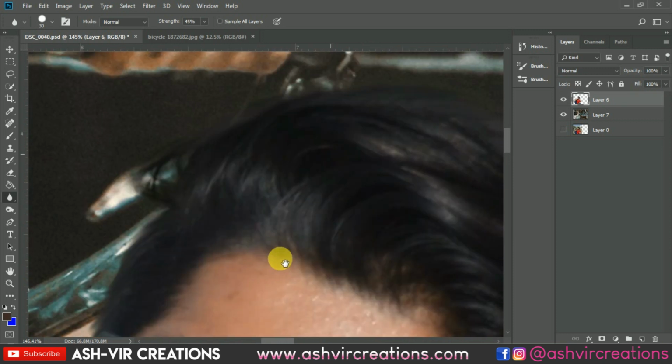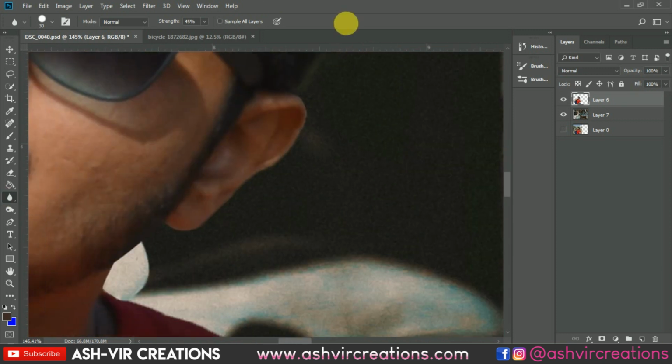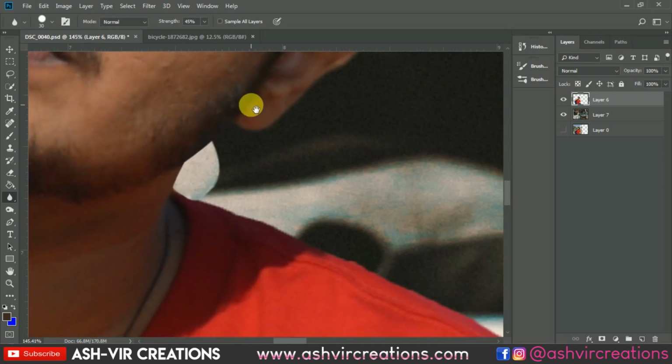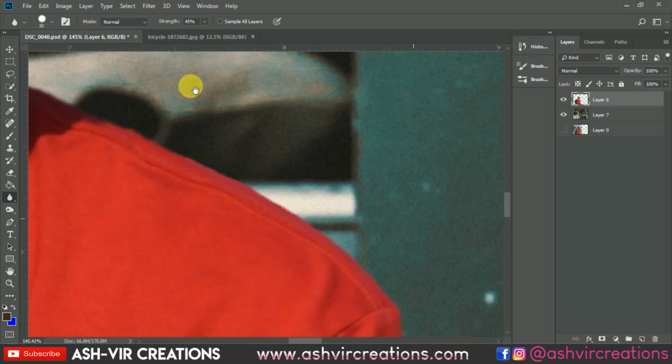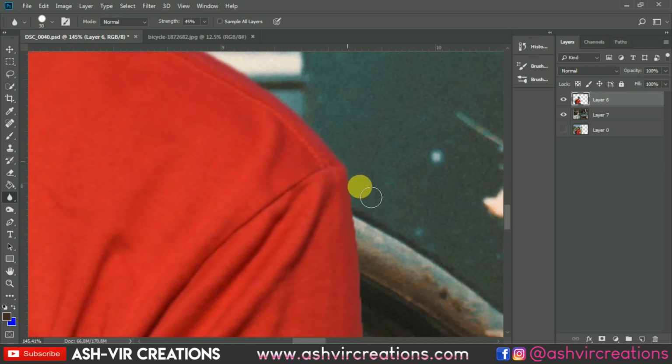So here you can see we have almost done on one side. Now let's just do it on the other side. Also do it on the face region to make it look more realistic and natural. You have to just blur these edges